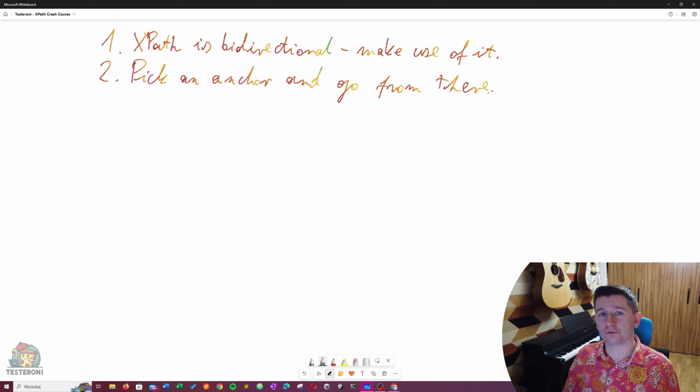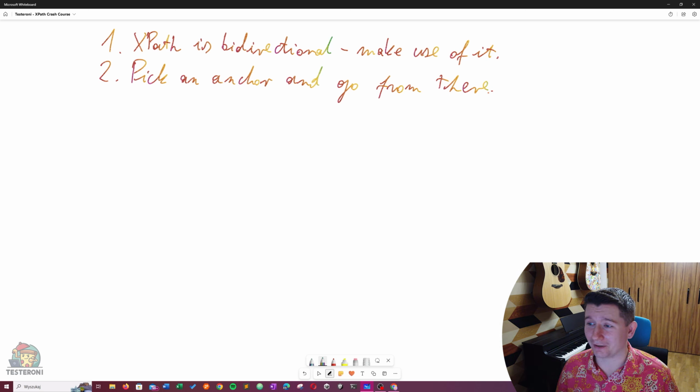You should remember that even though you can traverse the whole tree, even though you can go from the root down to the specific node that you need, in most situations this is not going to be the best way. It is not going to be elegant. It is not going to be stable. It is not going to be fast, certainly, but that's the least of your problems. It is not going to be human readable. It is not going to work well with changes that are definitely going to happen to the application sooner or later. So you should pick an anchor,